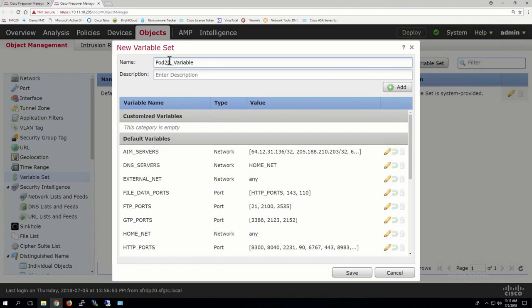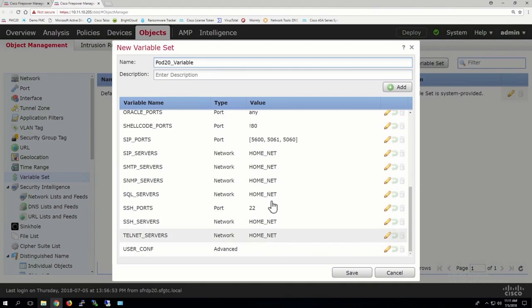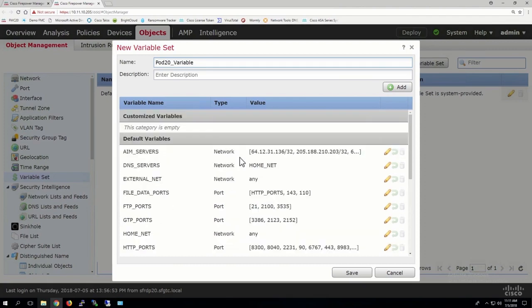Now, I can create multiple variable sets to be used within Snort policies, and these variable sets would tell us what to look at. For example, let me click on HomeNet, if I want to show you something here. So HomeNet, we see DNS servers uses whatever variable that is. And all these use whatever the variable is for HomeNet. All our servers and so on. So we could create a server farm variable or something. There are all sorts of different variables that you can make for various reasons. It can get very complex very fast.